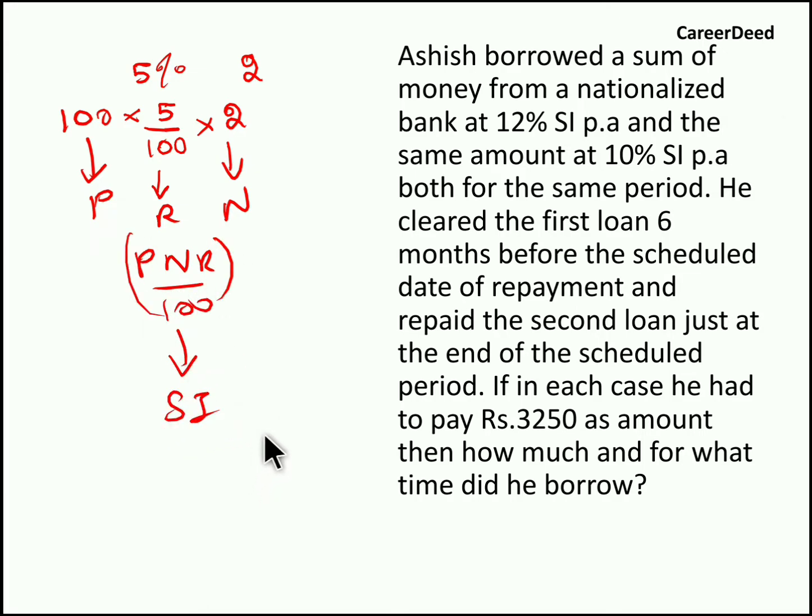To find the total amount you have to settle, that is with interest you have to pay the principal, right? When you borrow the amount from the bank, you have to pay both the interest as well as the principal, right? So here principal plus simple interest is nothing but total amount. Now we are going to apply the same technique here.